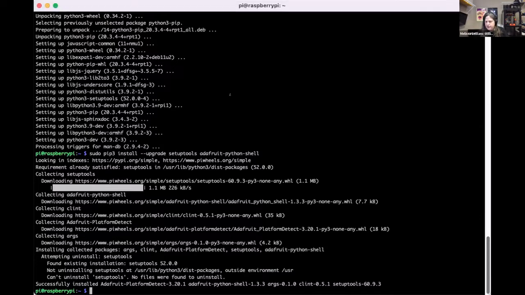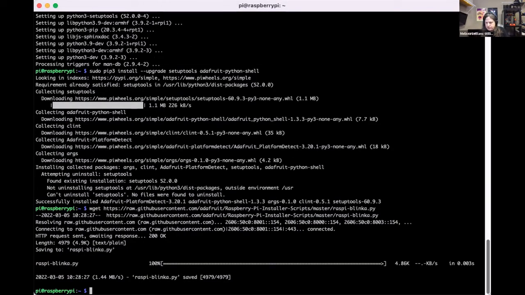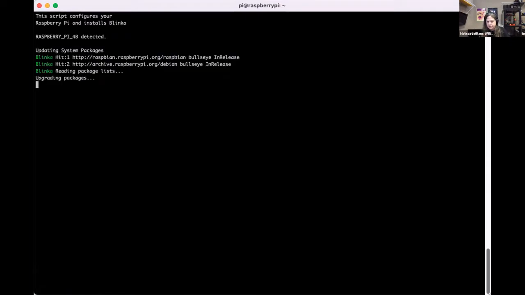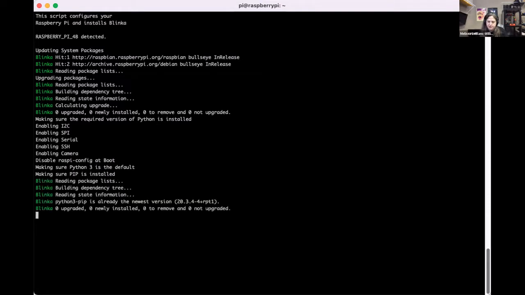And then we have a script that I've written that will go through and install Blinka here. I'm going to go ahead and run that. This will enable your I2C, your SPI, your serial port. It'll make sure everything is up to date, make sure your kernel's up to date and has been restarted if you had a kernel update.